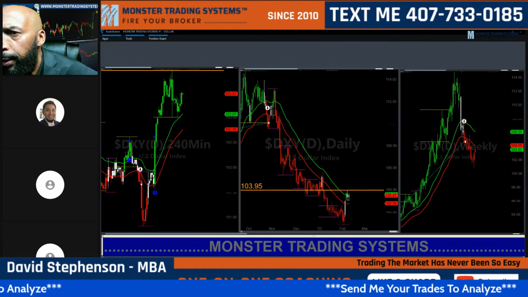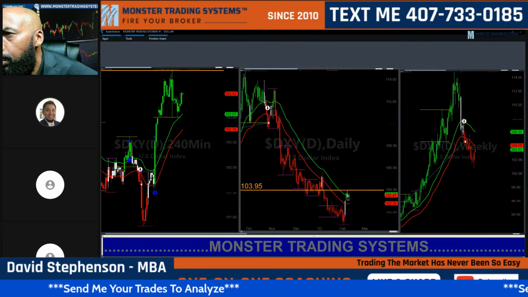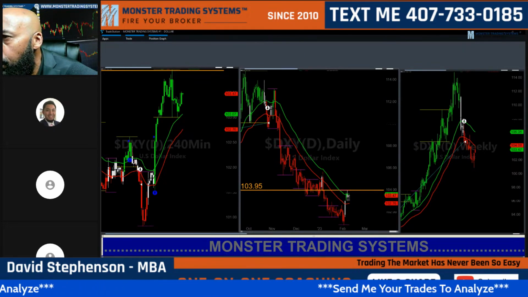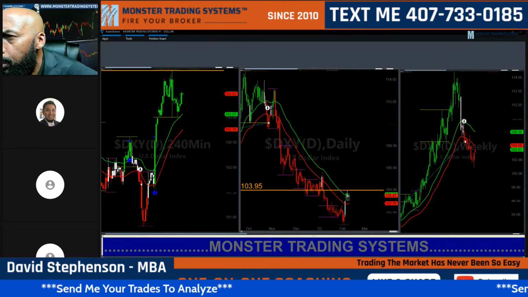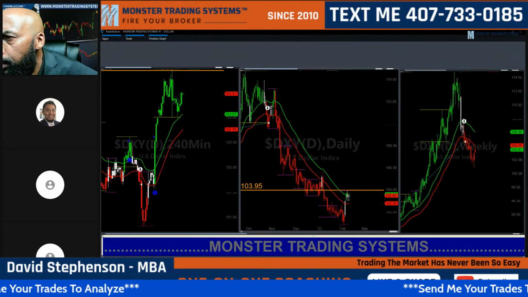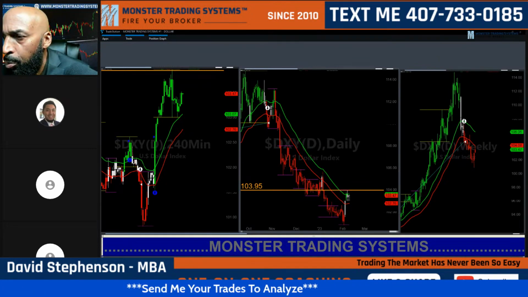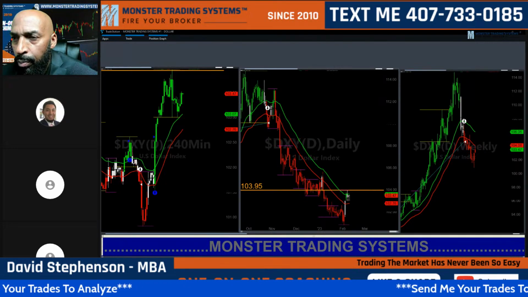So all you have to do is put a little alert on top of that price, and also an alert at support. Support would be 103.00. It'll alert you, and you just put a little note: if it breaks this level, it's probably going to go short. If it breaks this level, it's probably going to go long.